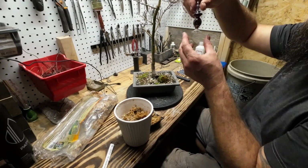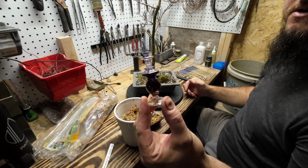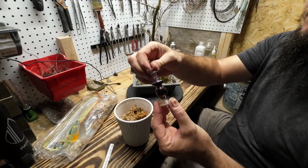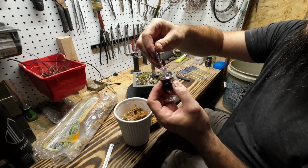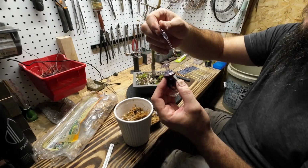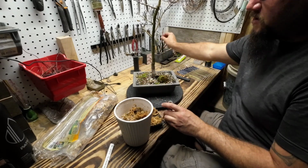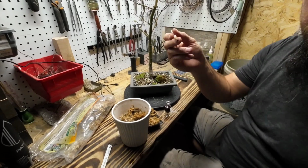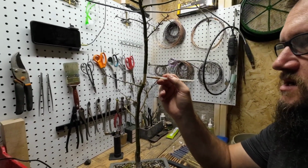Alright, so now the next part, I get to show off my cool little container here. I got this at a place called Gypsy Beach. It's a perfume container. It gets sticky because I put the rooting hormone in here. It's the gel kind or the liquid kind. So now I'm going to take my paintbrush, come up here to the tree, and I'm going to